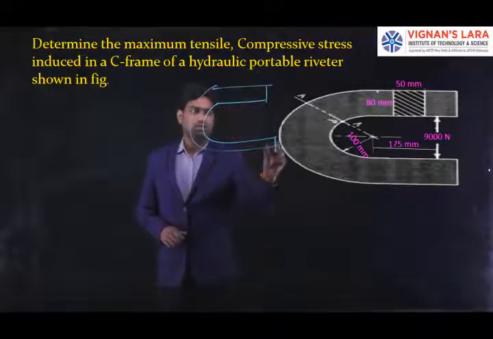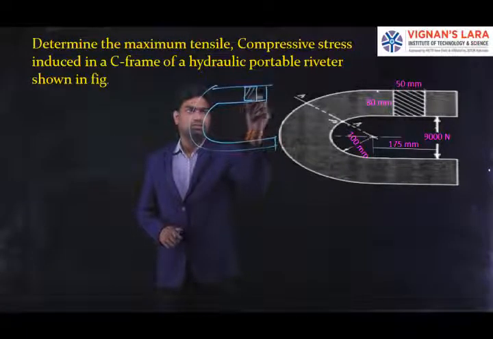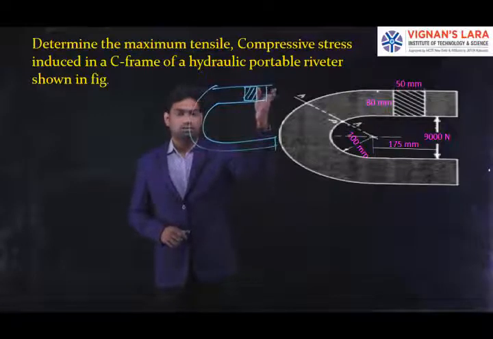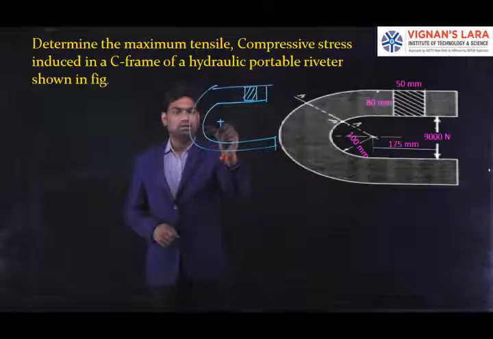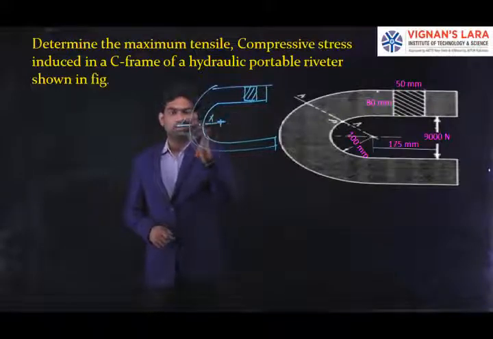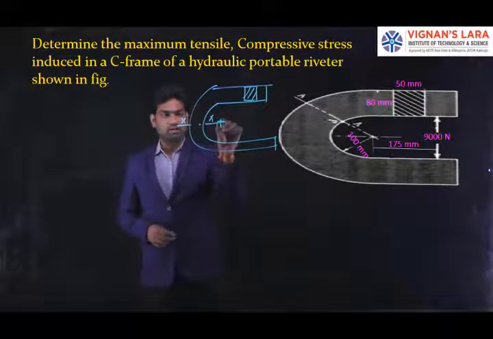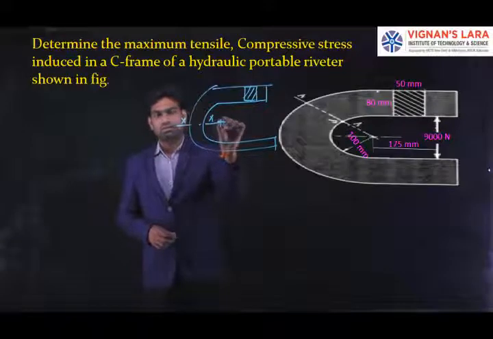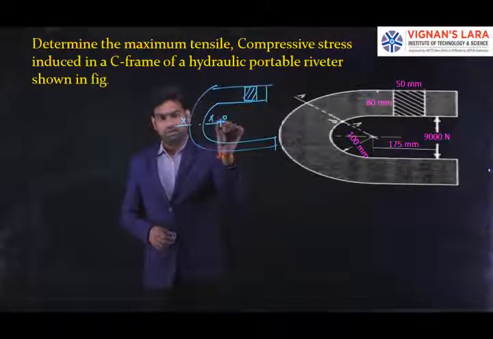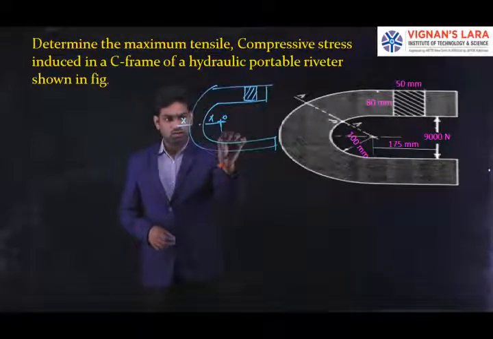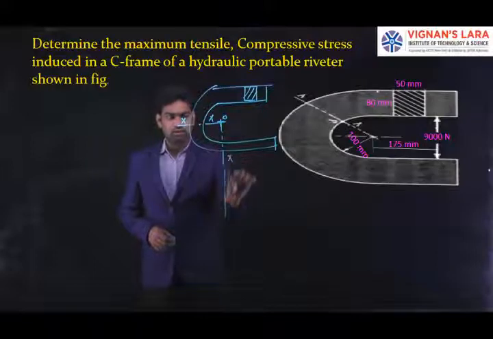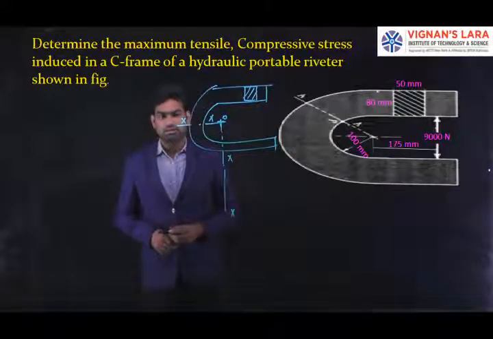So the cross section is given here, in this fashion. It is a cross section that is indicated clearly, but we need to take the critical cross section here, that is at XX. We need to draw the cross section with respect to the center of curvature O. So we need to draw it in 2D fashion, so we can project the center of curvature line clearly, and we may get it in this fashion.